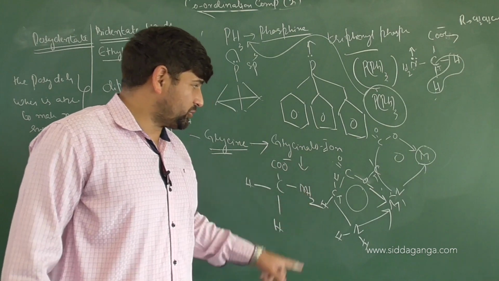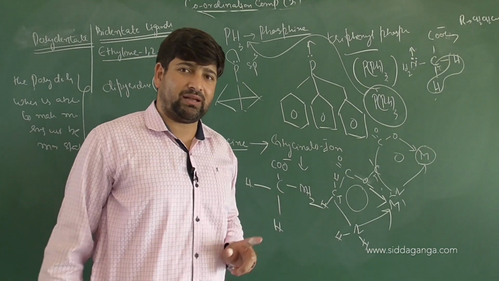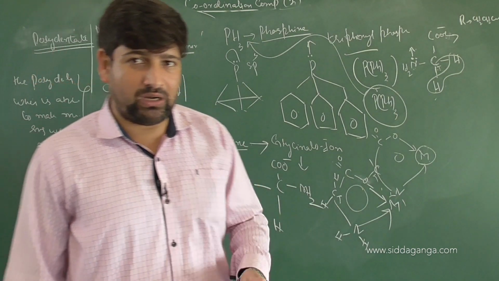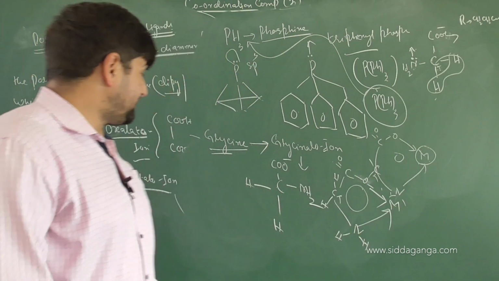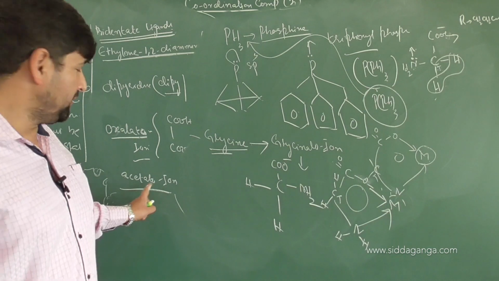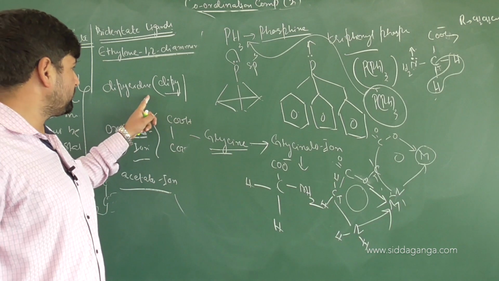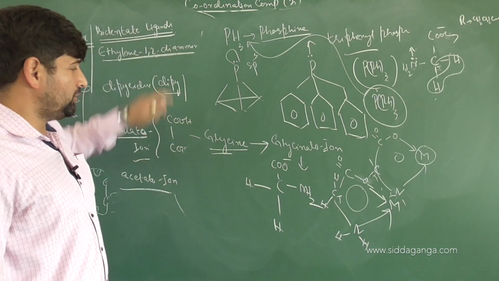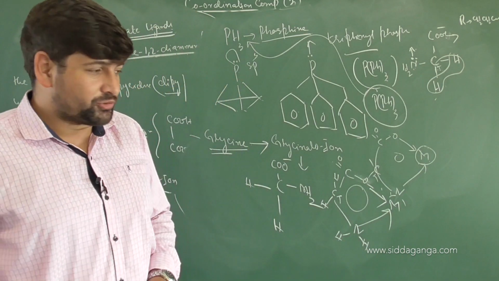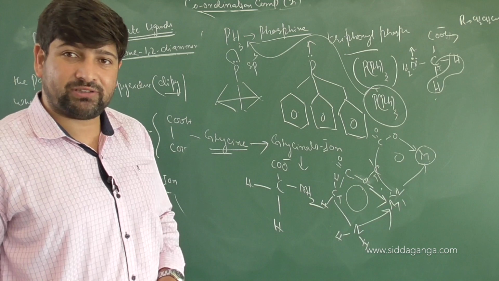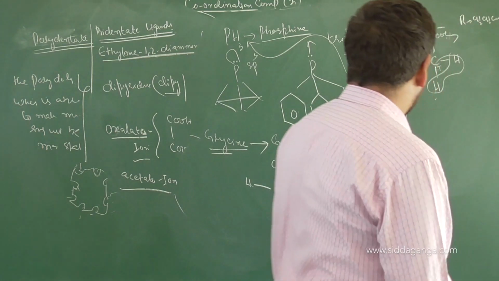So glycinato ion is donating electrons from where? Oxygen and nitrogen. Tell me the net charge of this. It is -1. So remember, glycinato ion will have the charge of what? -1. Oxalato ion will have the charge of what? -2. Acetato ion has the charge of what? -1. Donation from oxygen, donation from nitrogen. And am I clear? This is a bidentate ligand. Right. So we'll go to some polydentate ligands now. Even you have a few more bidentate ligands which are charged themselves.